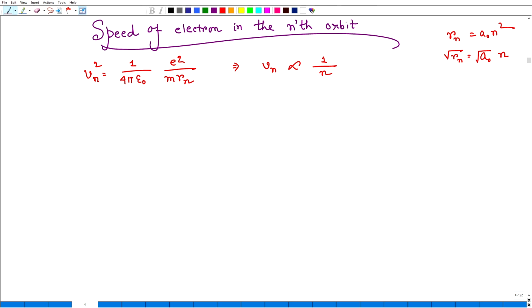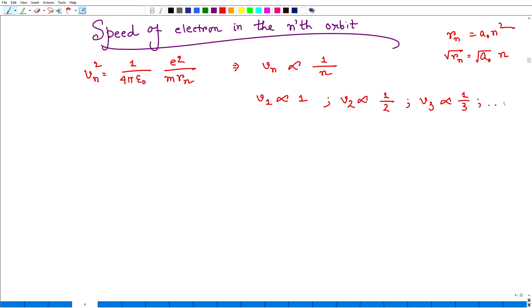That means V1 is proportional to 1, with a constant there. If you give the equal sign, then there will be a constant. V2 will be proportional to 1 by 2, V3 proportional to 1 by 3,